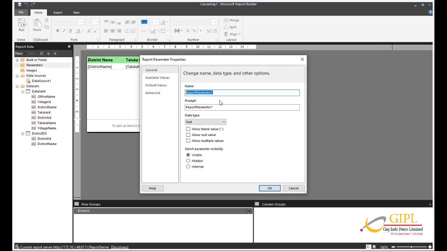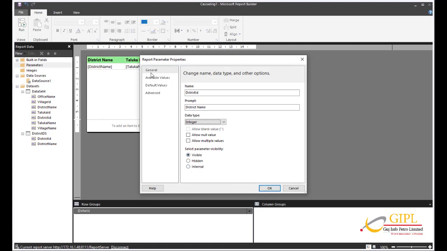It will open the context menu to select the add parameter option. Once you click on the add parameter option, it will open a new window called Report Parameter Properties to configure the parameter properties. Please provide a valid name, that is districtID, prompt text, that is district name, and data type, that is integer, for the report parameter. Next we have to select the available values.